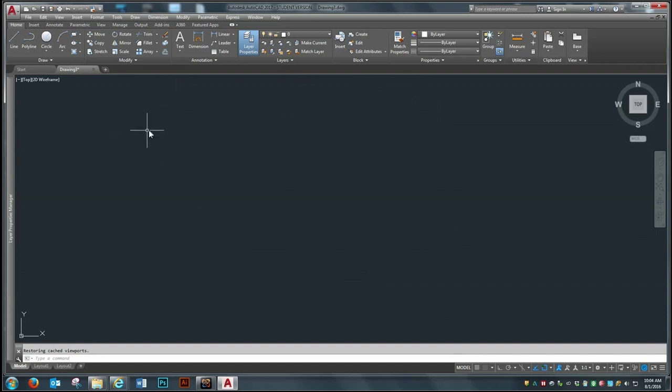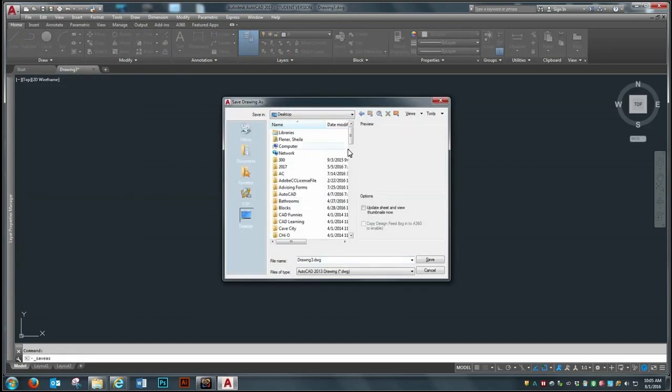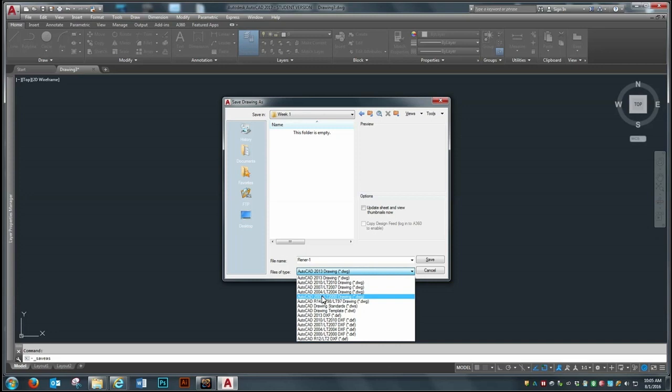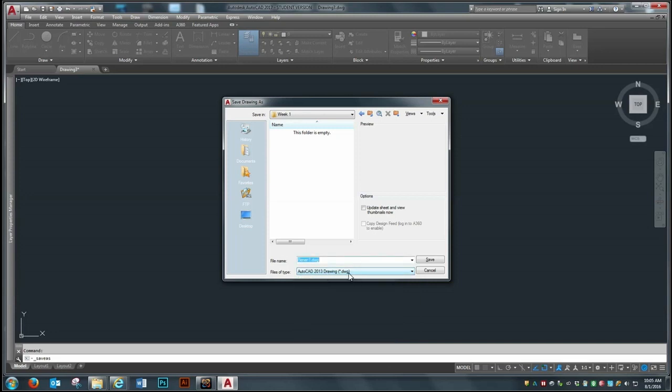So we have loaded our layers, and we've opened a drawing, loaded our layers, set up the drawing, and now to save a drawing, you go up to File, Save As, and you locate the folder. I'm going to put mine in the On Demand under Week 1, and we'll call this your last name -1. You'll notice that it should say AutoCAD 2013 right here,